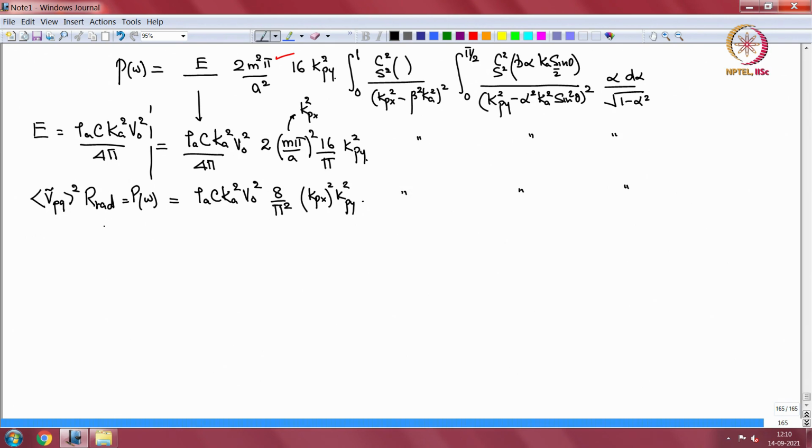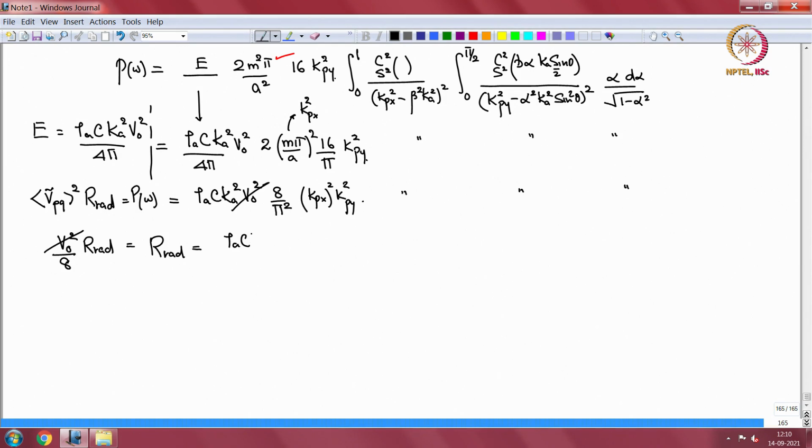Now v pq square is 1 over 8, I have shown you that. So it is equal to v0 square by 8, space and time averaged. So if we cancel the v0 square and bring the 8 up there, then my R rad becomes equal to